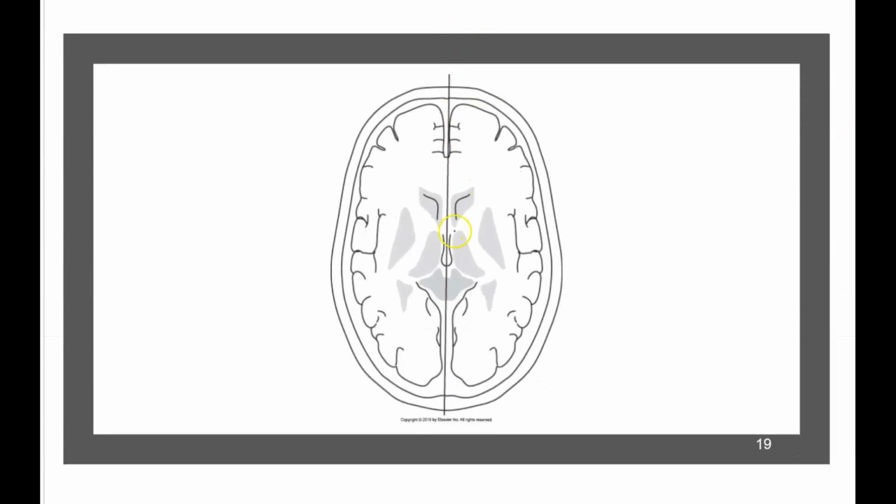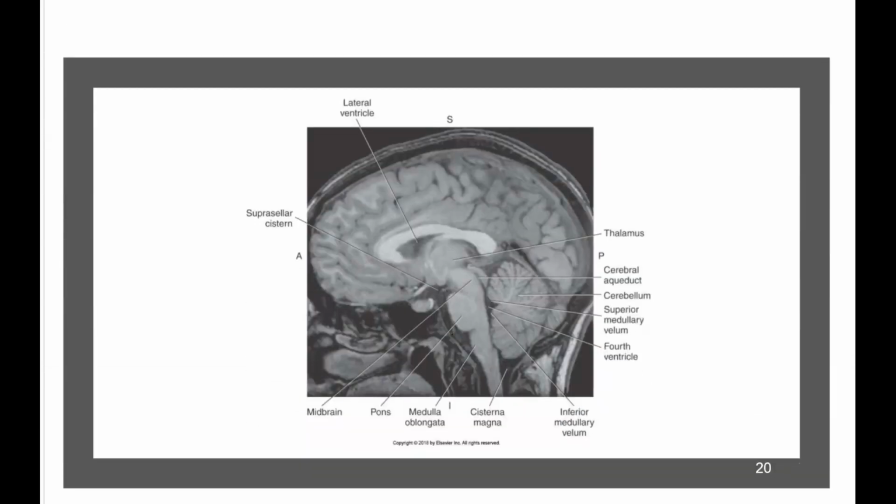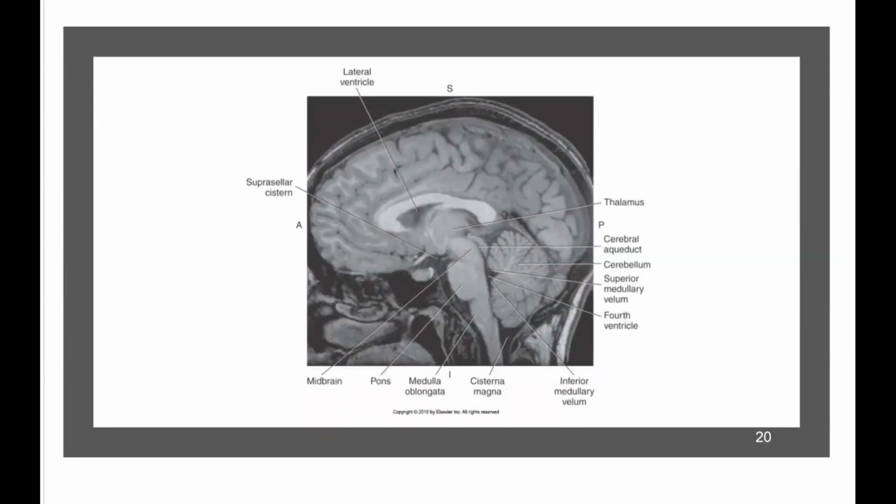Okay, so we have a sagittal plane right here. We're going midline, straight down the middle, okay? This is what it looks like. This is an MRI and this is a T1, and I know this because the fluid is not bright. So I take a look here and I've got,